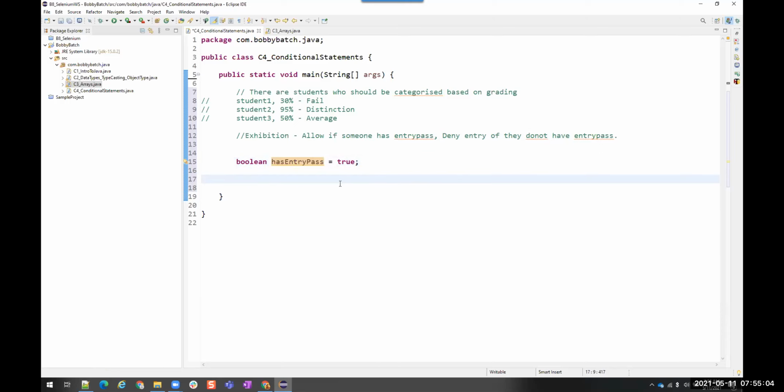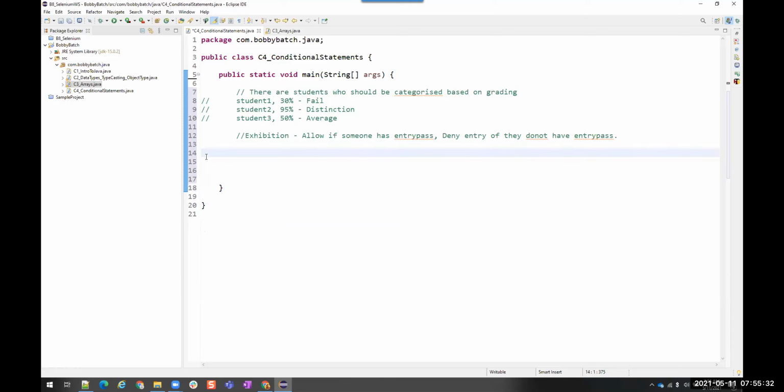And then I have a boolean noEntryPass, false. No entry pass means false, they do not have the tickets. Okay, fine, boolean values.